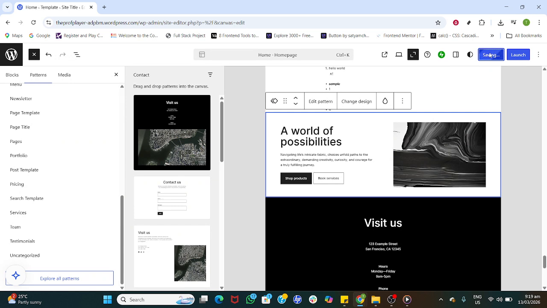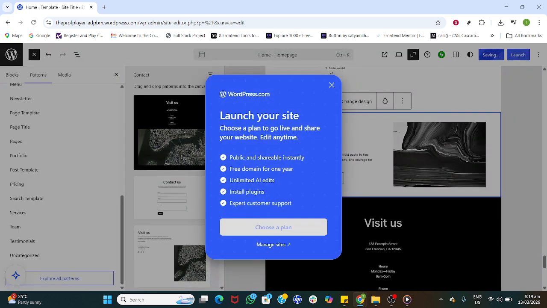When your layout looks good, click Save. WordPress will confirm what's being updated so you know exactly what's changing. Finally, click Launch to make your changes live. Give your page a quick refresh to double-check everything, and you're done. That's how you can use the WordPress Pattern Library to build beautiful posts and pages quickly, with consistent